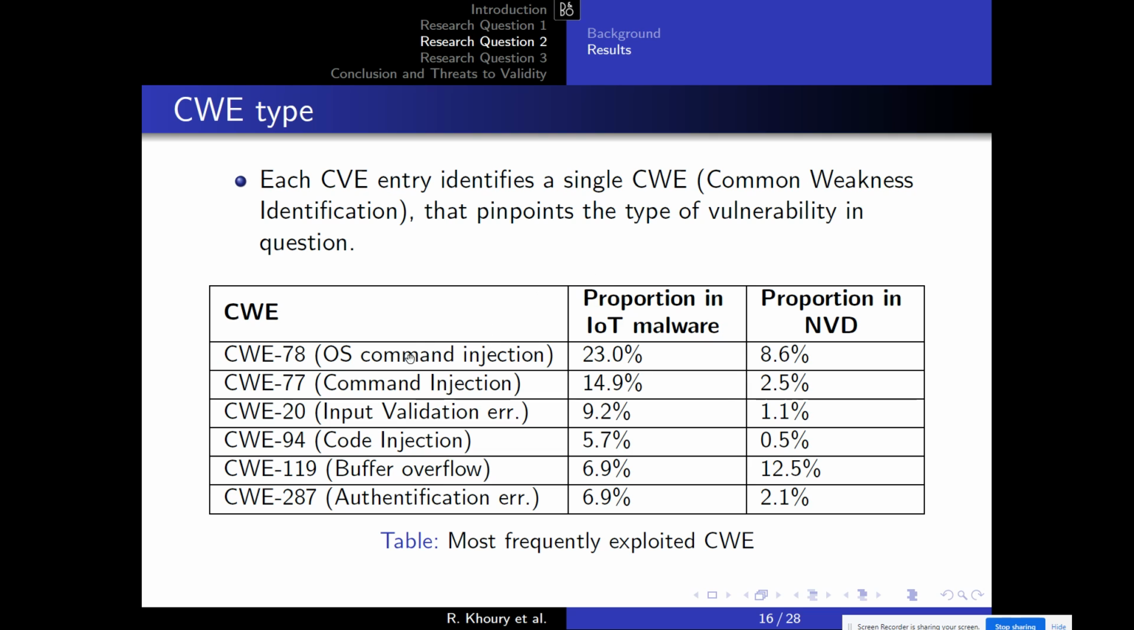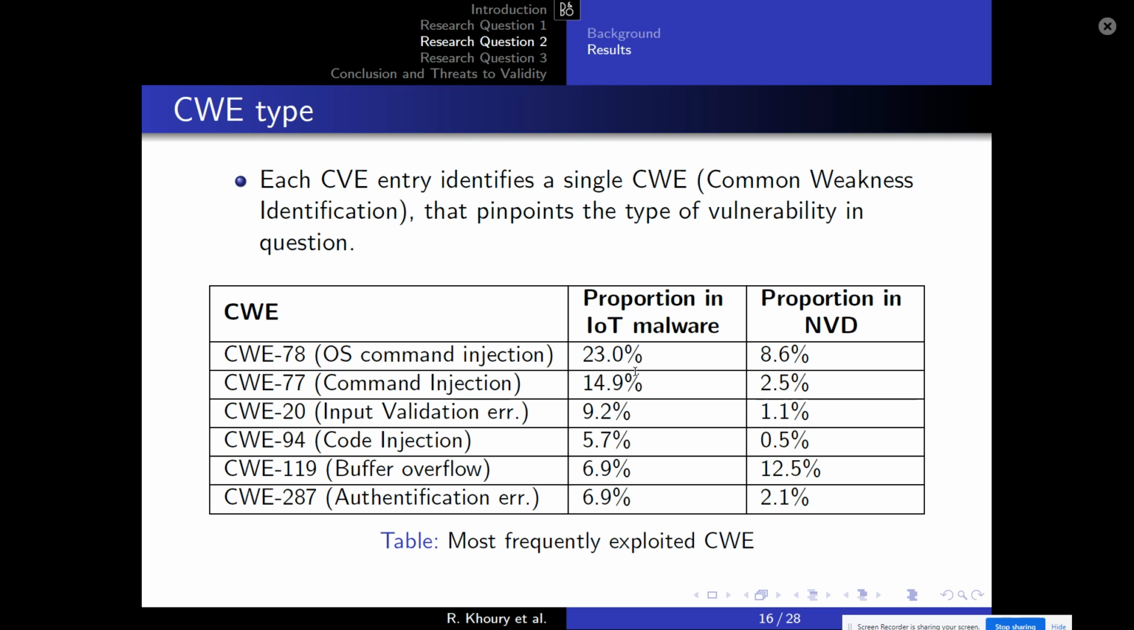So in this table, you can see the top 6 CWEs that are exploited by IoT malware developers, and the proportion in the central column of CVEs used in IoT malware that is of each type, and in the right-hand column, the proportion in the NVD in general. So you can see that except for the 5th, buffer overflow, the other 6 are overrepresented in the corpus of